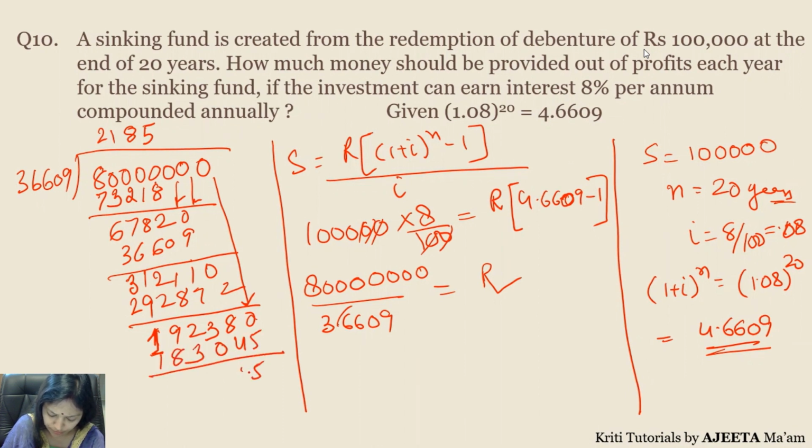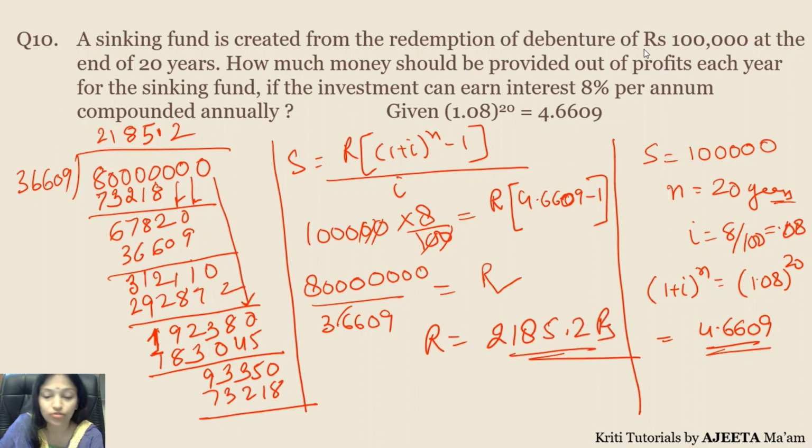Now 5, 3, 3, 9. So now we put the 0 and here the decimal, right? So now what we will get? 2 2 7 3 2 1 8. Already we have done it up, and this is how it goes on. So R is 2185.2 rupees. That is, 2,185 rupees are to be set aside to get the redemption of the debentures of rupees